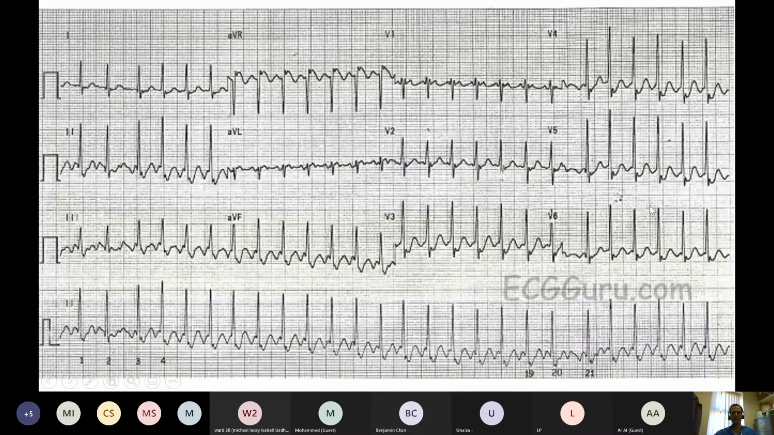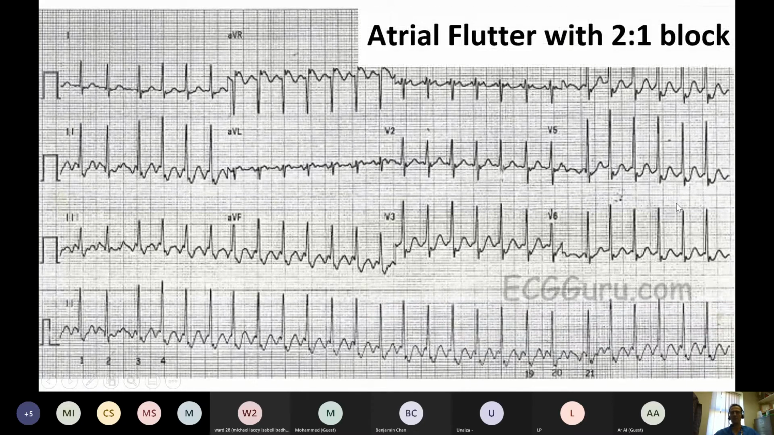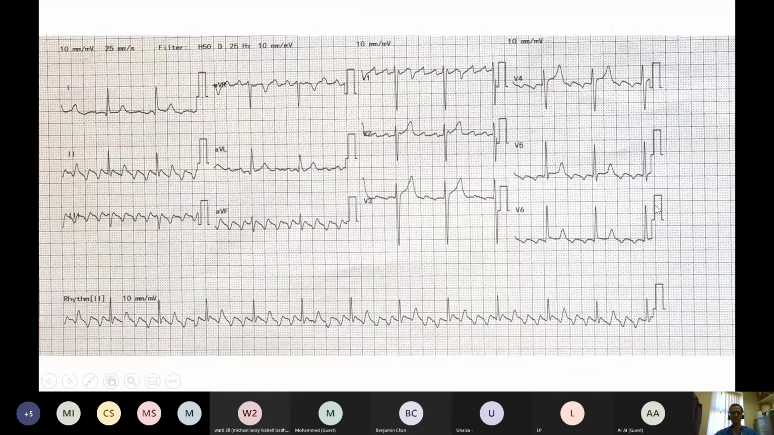It's very easy to diagnose atrial flutter if you just slow the rate down a little bit. So this, can you see, you wouldn't have any doubt immediately telling me here's your sawtooth pattern. And here we have again atrial flutter, but this time we've got a higher degree of block. So we've got here